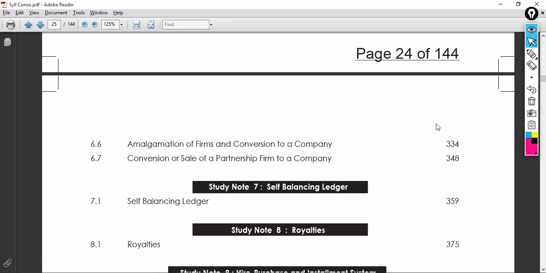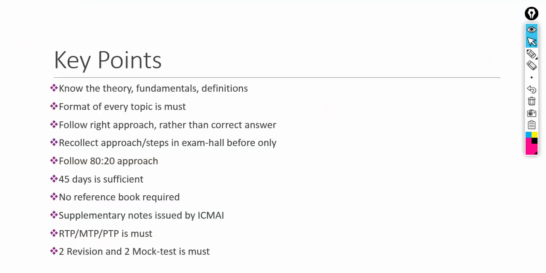There's no major thing which I can tell here. I already told you guys, prepare, understand, know the important key things required from the examination point of view. Yeah, so with that, coming to the key important points which I'm going to tell you based on my experience, and some of the points which I also collected from my students. This is specific to the financial accounting subject, which is for the intermediate paper 5. Yeah, so as already told, you need to know the theory, very, very important: fundamentals, definitions,